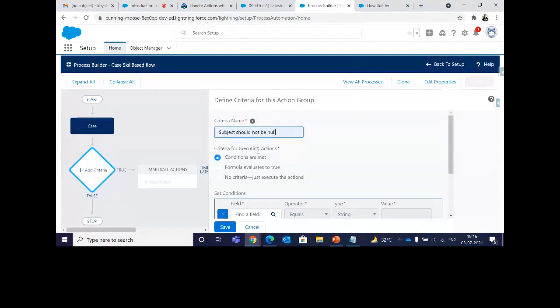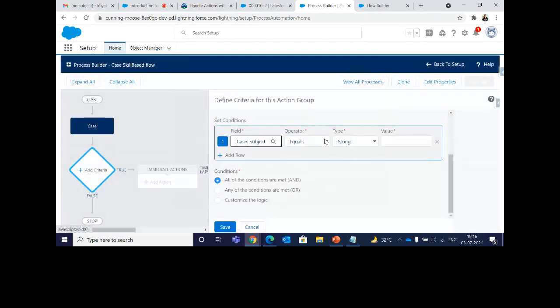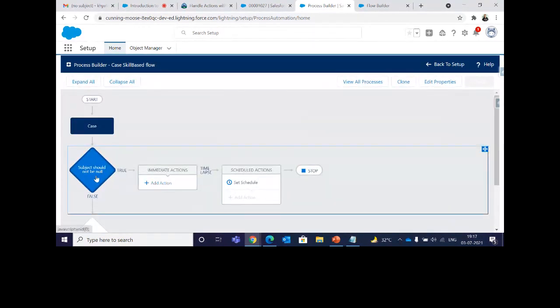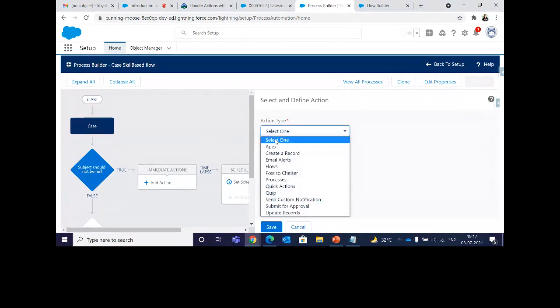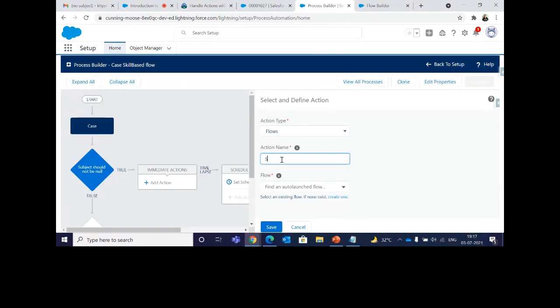Give the criteria the same, subject should not be null, and save. Once the subject is not null, I need an action. In the earlier step, we selected the option as apex. For now, I need a flow to be called. So give anything, subject. Okay, this was the flow.